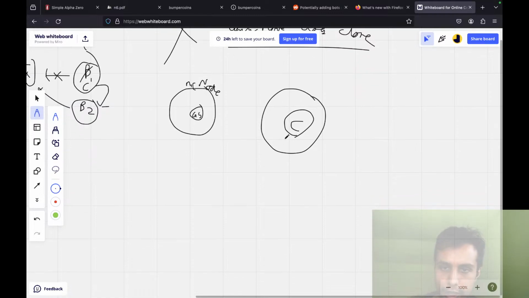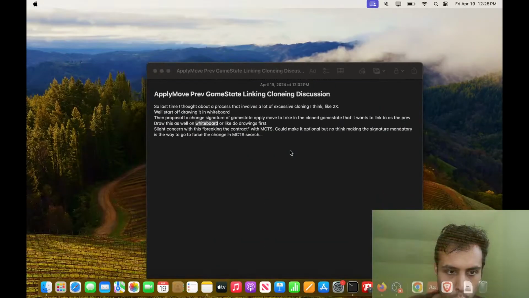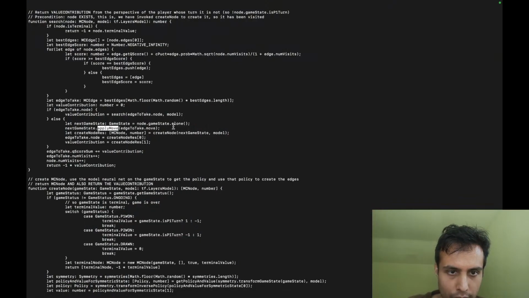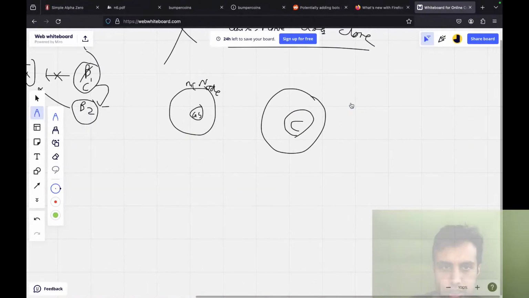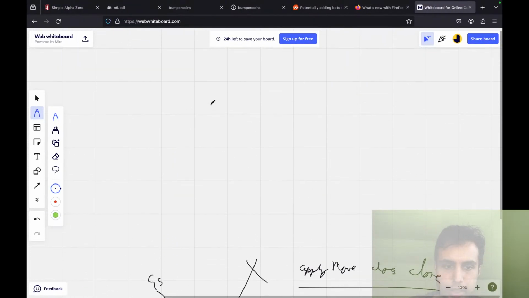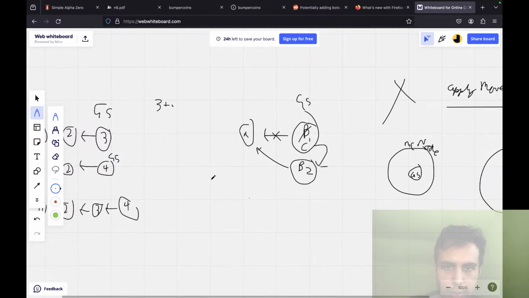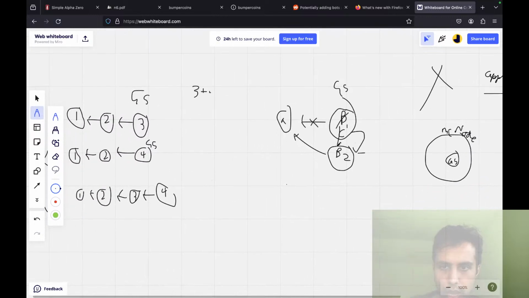So we have C, and then what we're doing here is cloning the game state. Cloning, by convention, I've decided to do based on this line here.